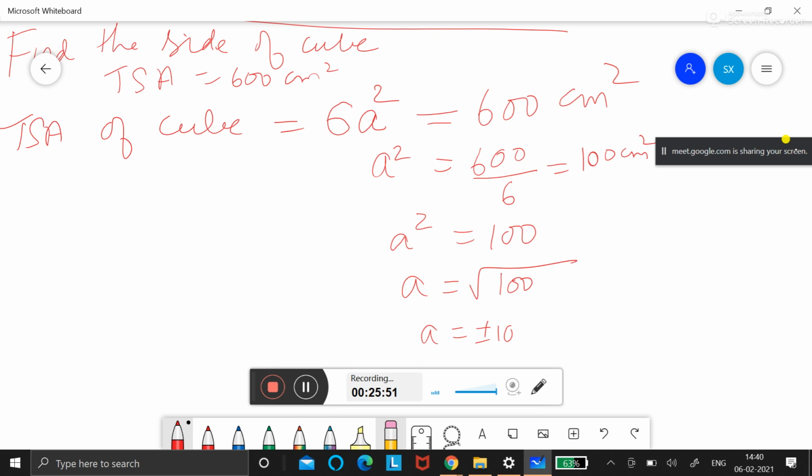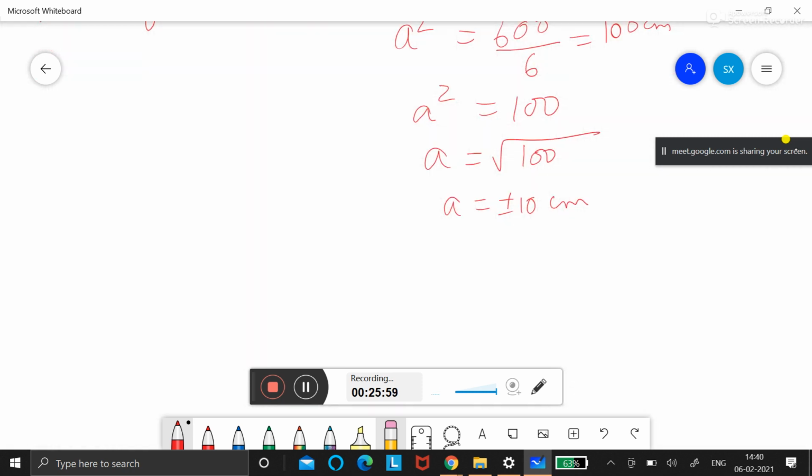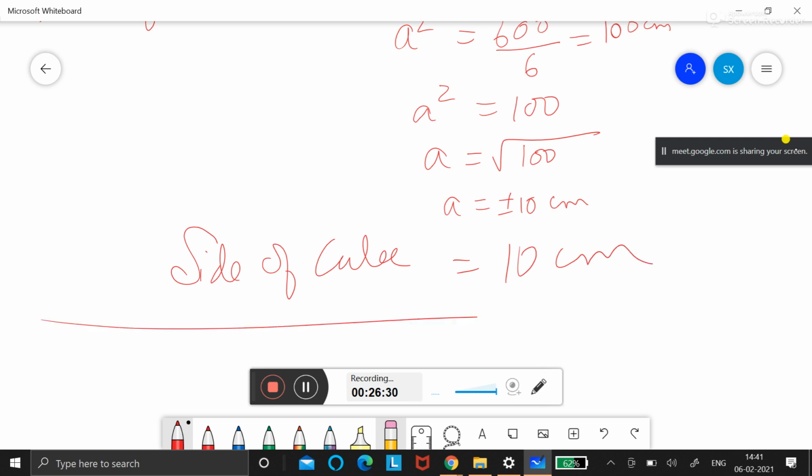So you can write plus or minus 10, but usually minus is not possible in mensuration, so automatically plus will come. Why am I putting plus or minus? Because minus into minus is also plus. Very good, your concept is very clear. Ma'am is taking from 6th standard, so you should never make concept errors. Plus into plus, minus into minus is also plus; that is why the possibility is there. But here in mensuration, only 10 centimeters is possible. So write at the last: the side of the cube is 10 centimeters. Like that you should complete.